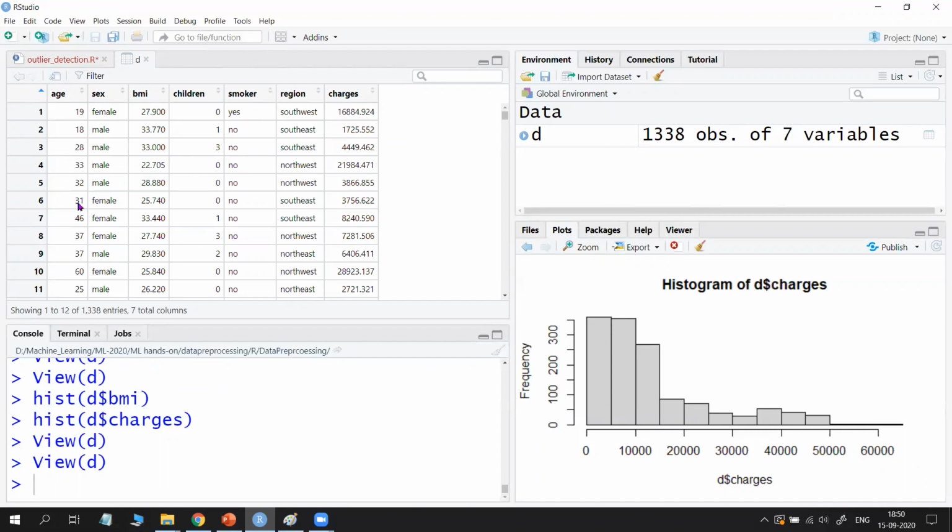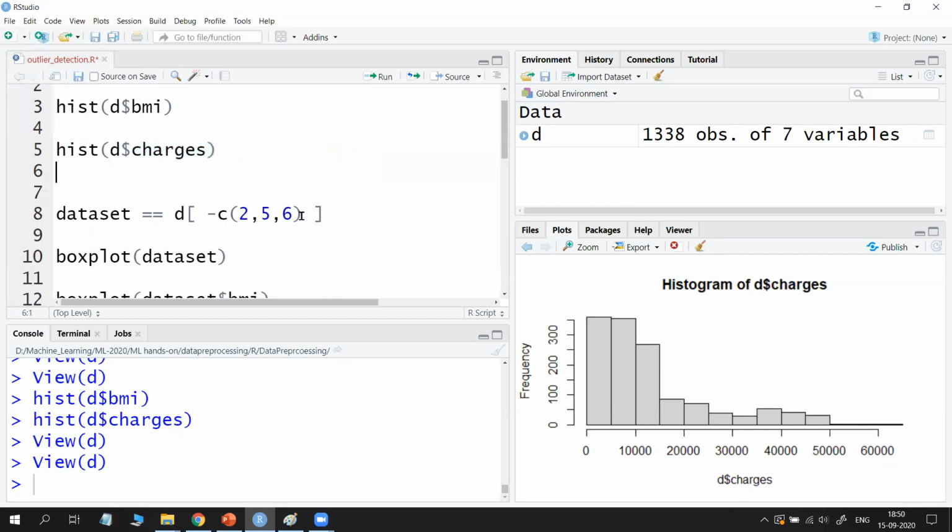So I am removing the sex column, sorry, not BMI, the smoker column and the region column. What are the column numbers? This is 1, 2, 5, 6. In Python the index starts with 0, but here in R, it starts with 1. So columns 2, 5, 6 I am removing, to handle only the numbers.